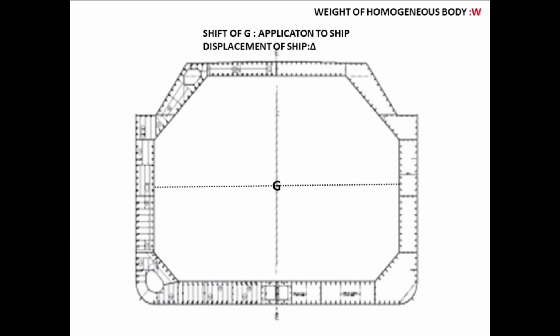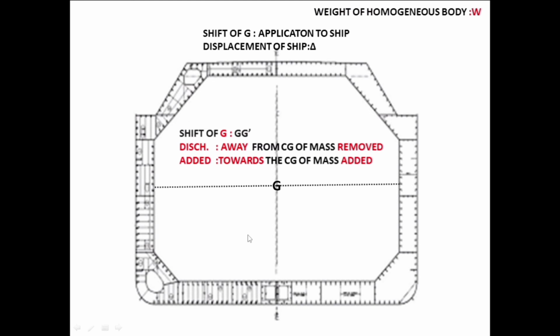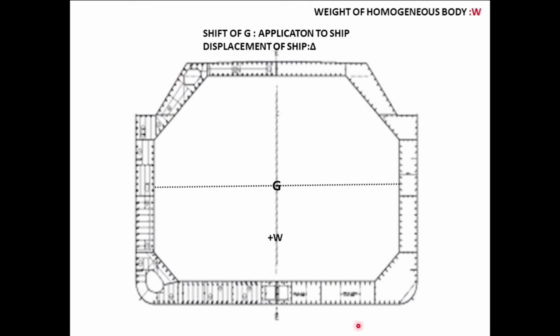Now let us see how it is applicable on the ship. Now here is the ship with a displacement, that's the weight of the ship is delta, which I have shown you here, and with the center of gravity right here. And we just saw that by discharging the weight, the G goes away, and by adding the weight, it moves towards the weight that is added. So let me just add a weight here. So as we just said, if the weight is added, then the G should be moving towards the center of gravity of the weight added, and the distance it moves is calculated by